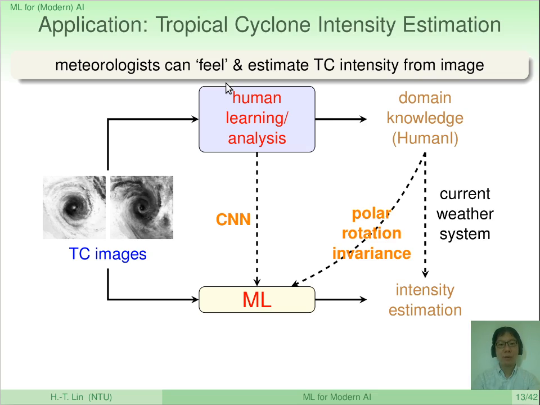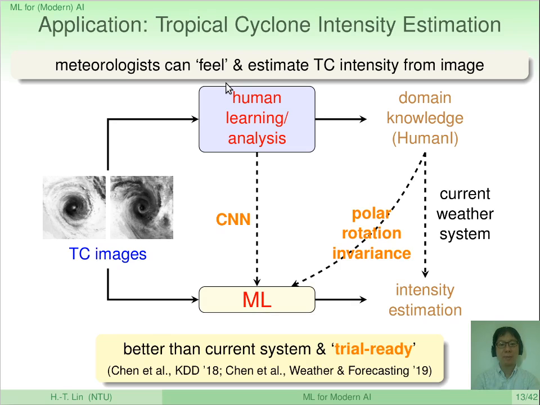We can check with domain experts on what the domain knowledge is and encode it in our model, like rotation invariance. With the two, we can design good machine learning models to tackle the problem that are better than the current system. That's actually two of our previous works in the last few years, accepted by a top data mining conference, KDD here, and a top